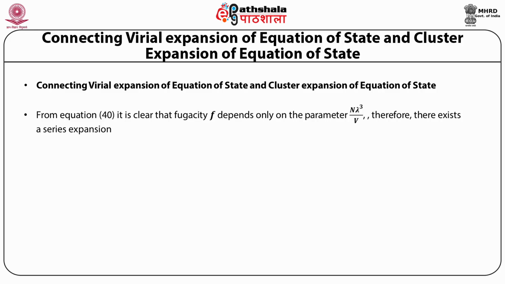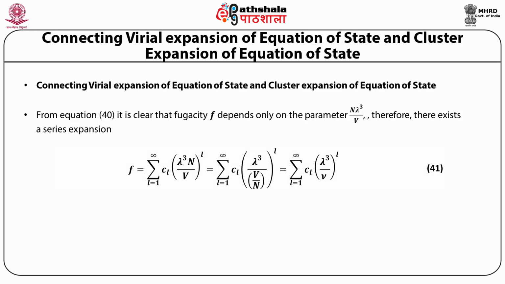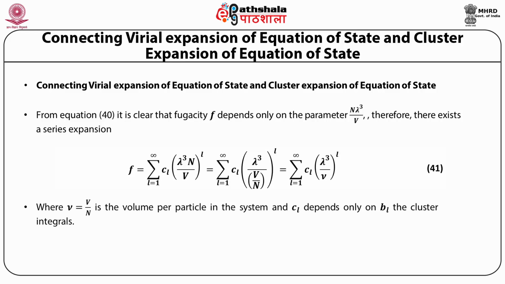Therefore, there exists a series expansion which we can write as fugacity is equal to summation over l equals 1 to infinity c_l multiplied by lambda cubed times the number of particles n divided by V, whole raised to power l, which is equal to summation over l equals 1 to infinity c_l lambda cubed divided by nu raised to power l, where nu is equal to V upon n, the volume per particle in the system, and c_l depends only on